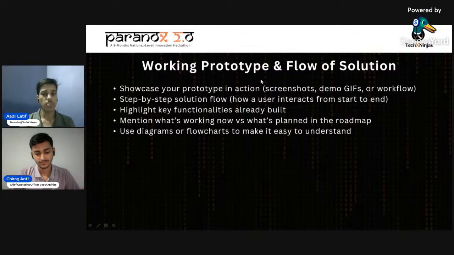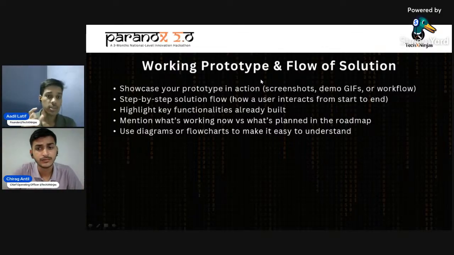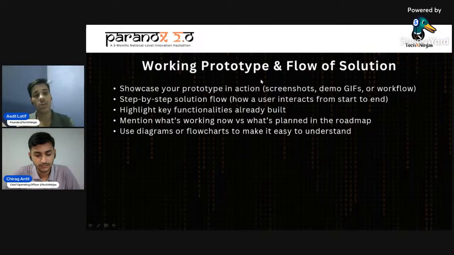You must include the screenshots, any demo or GIFs or workflow screenshots. You have to add the step by step solution flow, showing how a user interacts from start to end in your solution. Okay. And the next point is that you have to highlight the key functionalities that you are building.